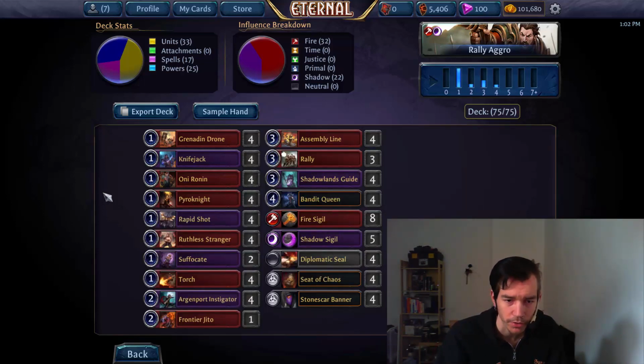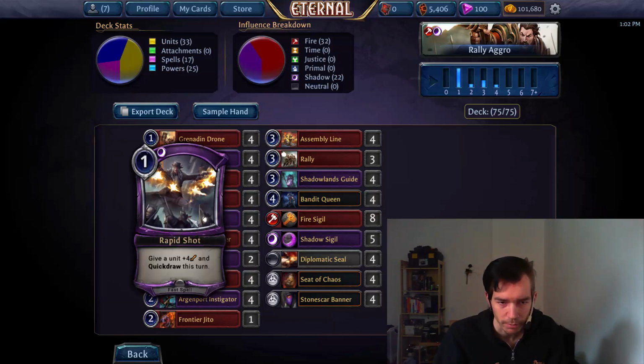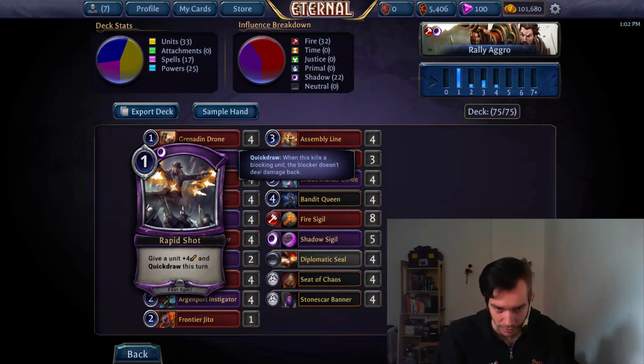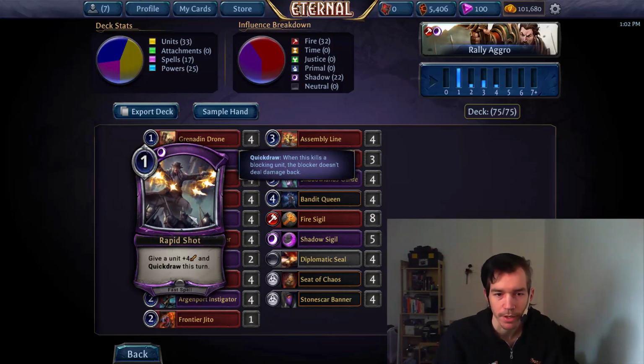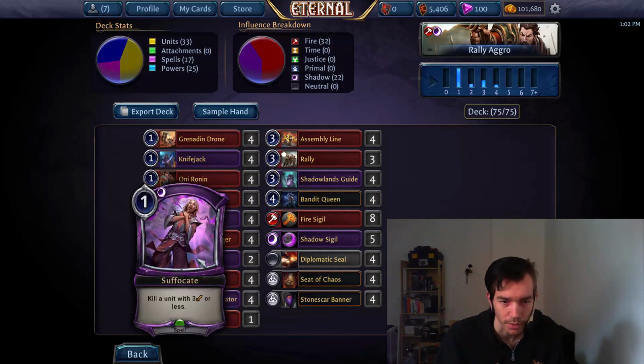And regarding the spells, it's also still basically the same. For Rapid Shot, pretty self-explanatory. Basically the best offensive combat trick in the game, and great help in pushing through basically any blocker in the game. To Suffocate,